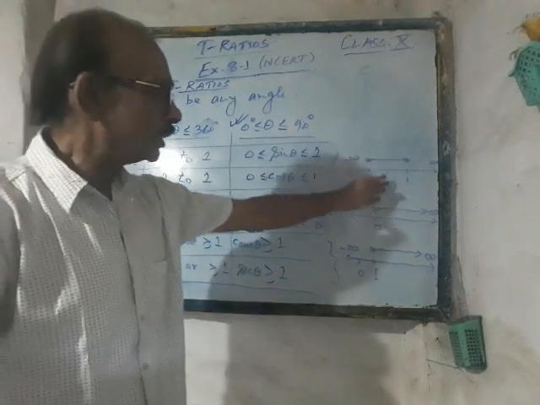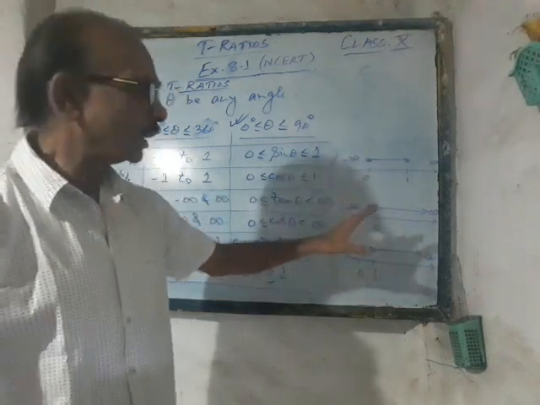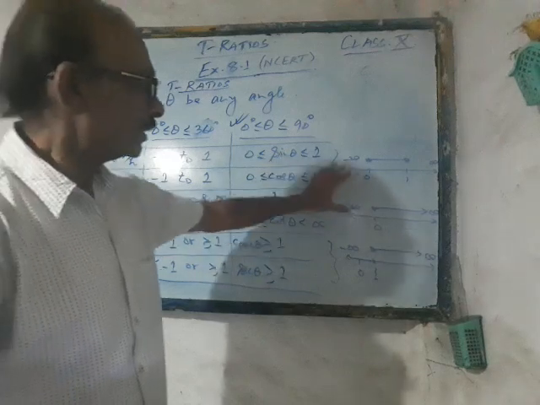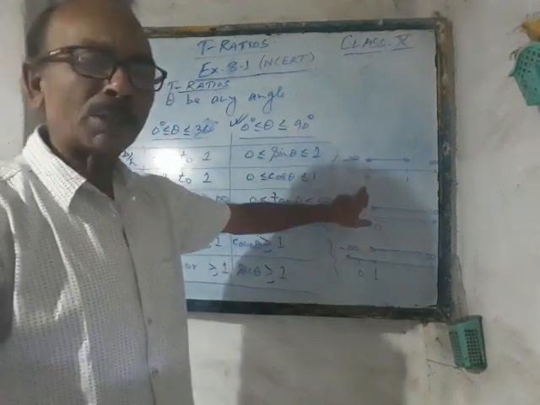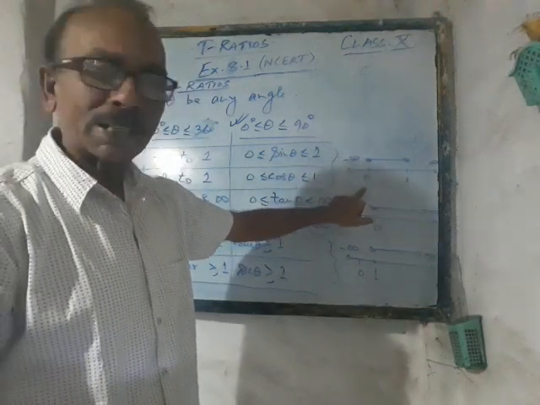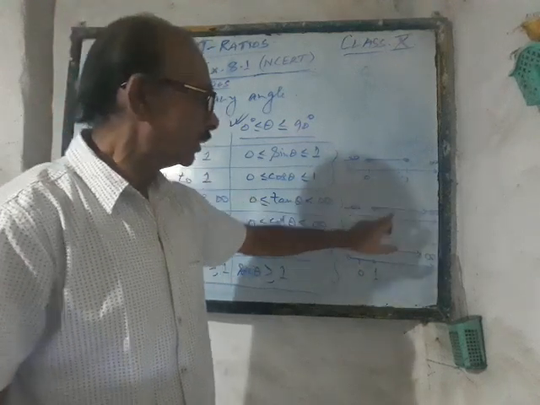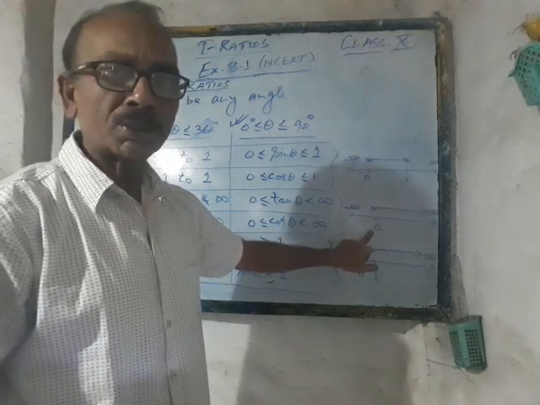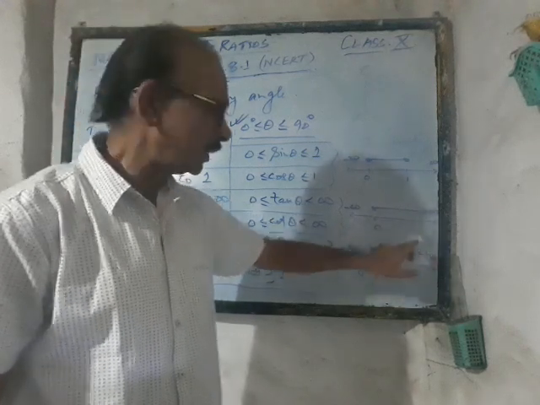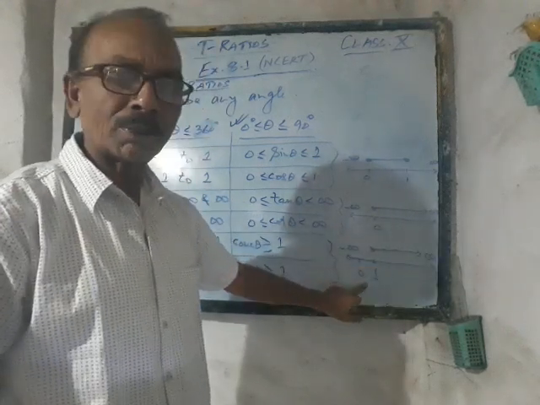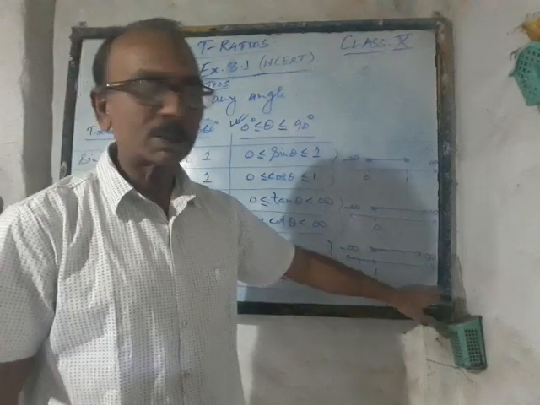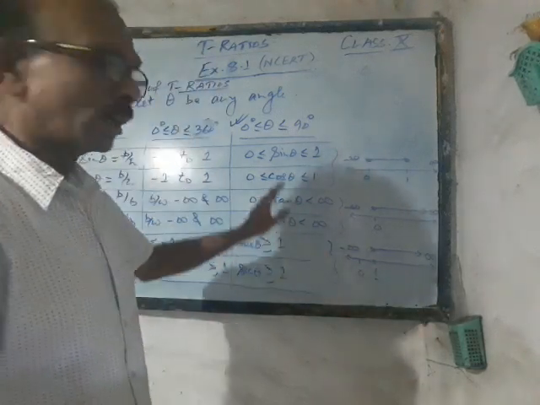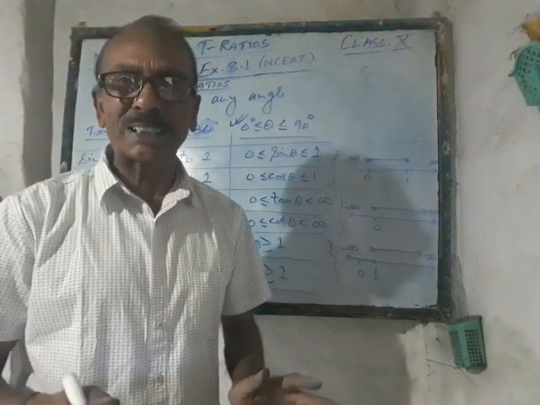So I've just made the real number line over there to make you understand clearly. So remember it, that the minimum value of sine theta would be taken as 0, maximum value 1, and cos theta also. Tan and cot, the minimum value is 0, maximum value not defined. The sec and cosec, the minimum value is 1 and the maximum value is not defined. So this is all about the range of T ratios.